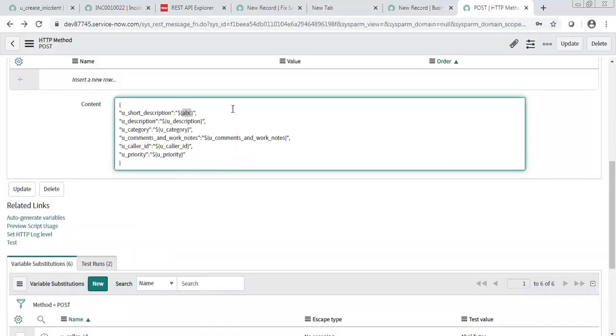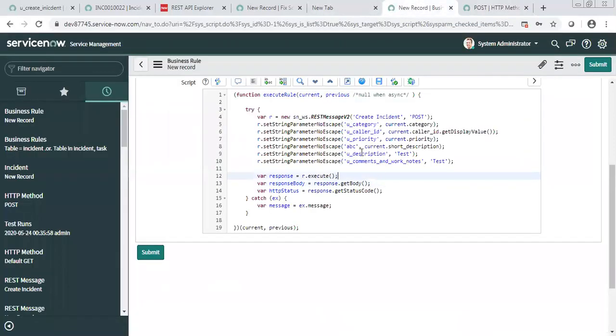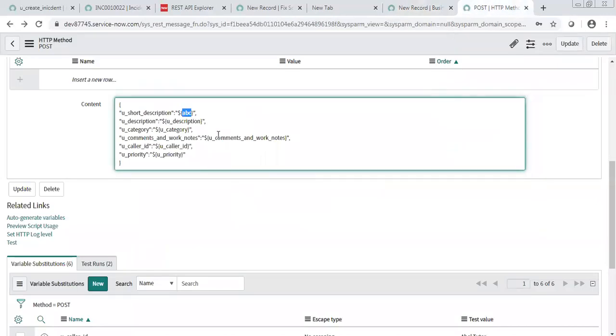Because you need to tell what ABC will be replaced with. That should come, and the same should be in your business rule. Got it, or confused? But in the previous statements you mentioned u_category and u_caller_id. Here I was having this dynamic value as this. So it's not fixed. I can put it as ABC as well.